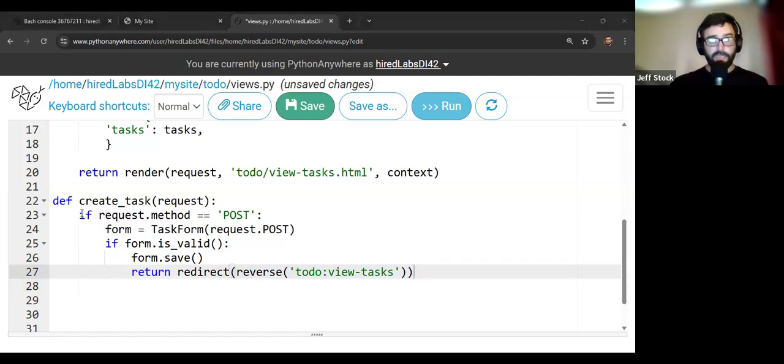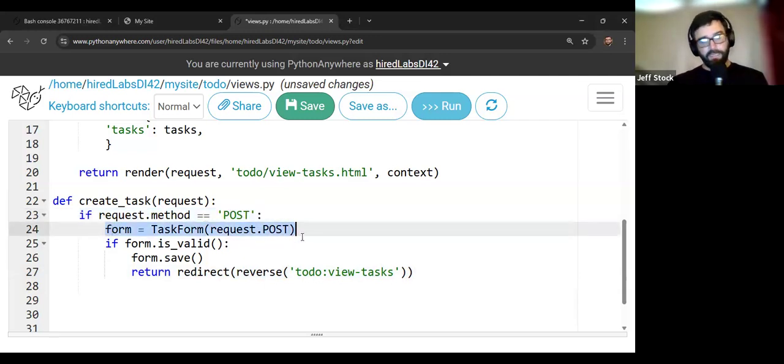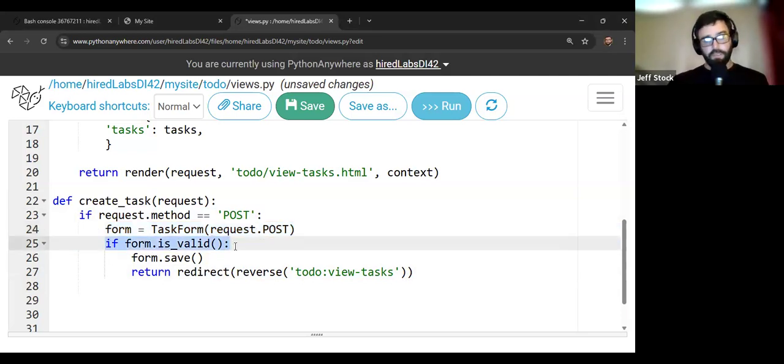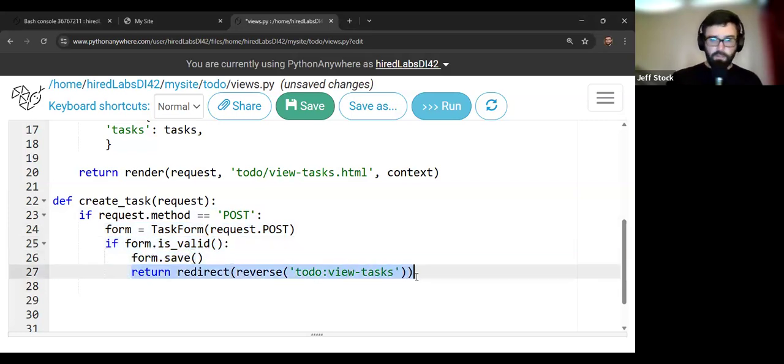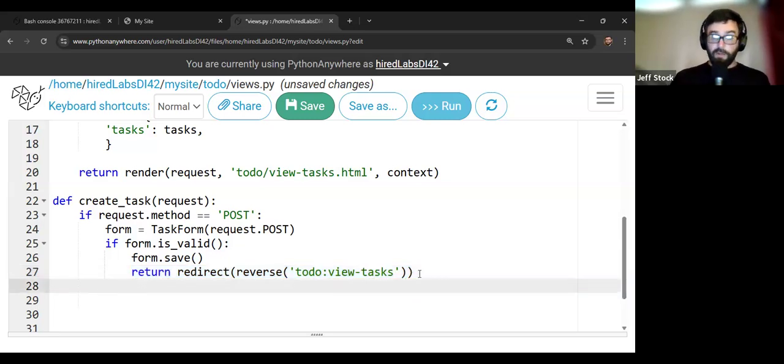So this, again, is in the case that our method is a post request. We're going to make a form that binds that request information, that post information from the request to the form that we made in our forms.py. We're going to use Django's built-in stuff to see if that form information is valid. If so, we're going to save it, and we're going to return the user back to our view tasks page. Great. So that was a lot, but we're not there yet,